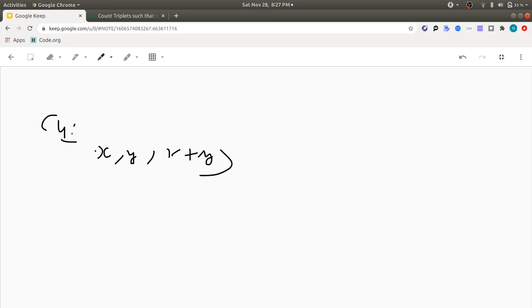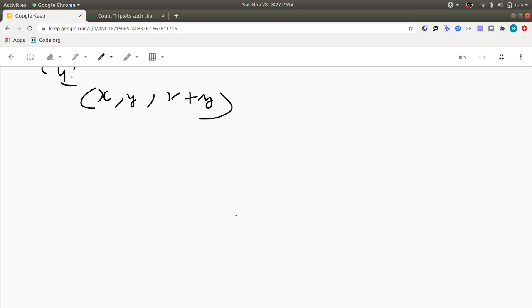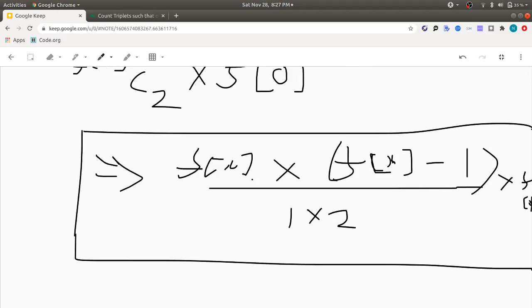So we are having our triplets in this format. So how are we going to do this? What we are going to do is take a for loop for i equal to 1, i less than or equal to maximum element, then i plus plus. Okay, so we are taking a for loop from 1 here